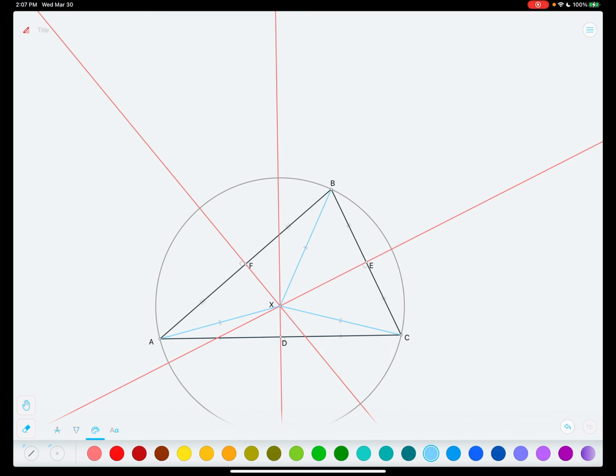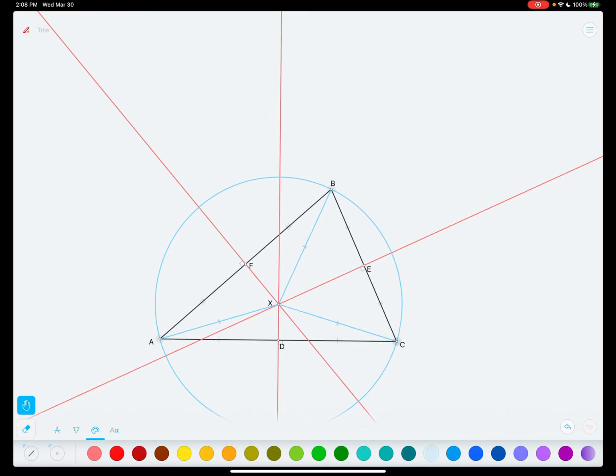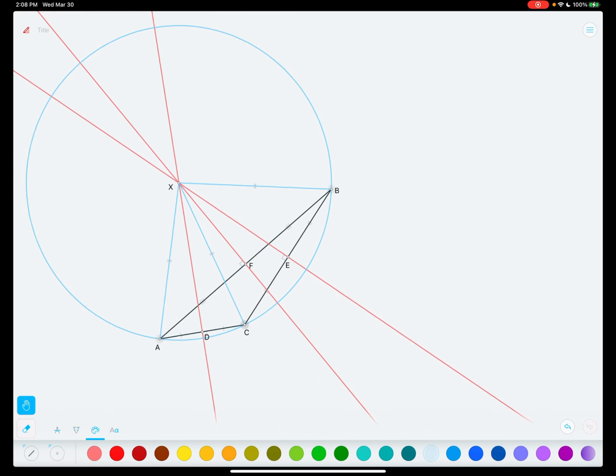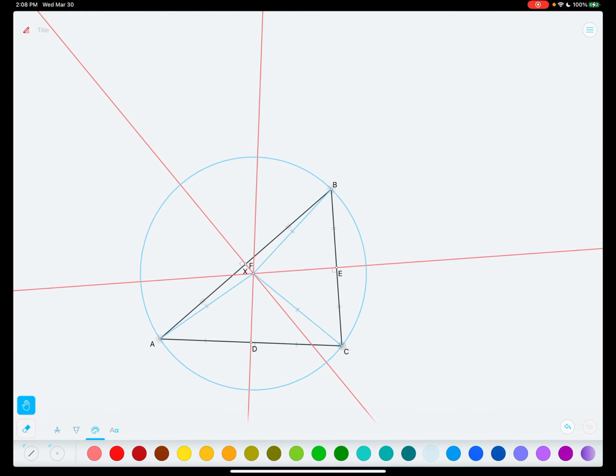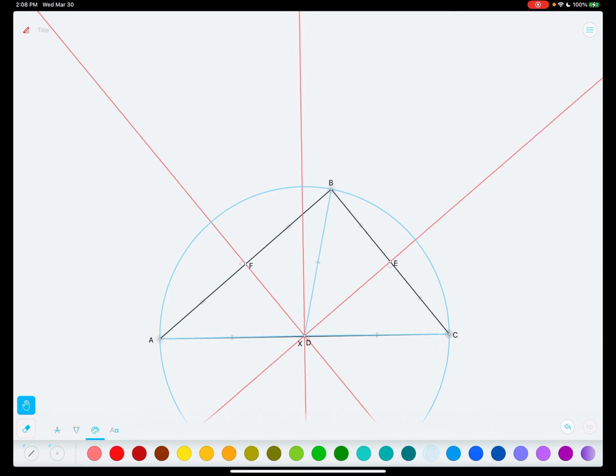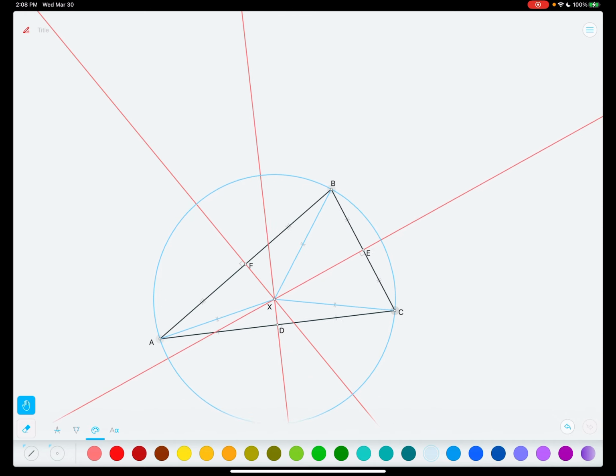Now, let me first of all color this so that it's the same as, why isn't it working? Here. If we look now, I can drag my triangle into different shapes, and the circumcenter can even go on the outside of my triangle. However, no matter what 3 points I choose for my triangle, I'm always going to be able to find this